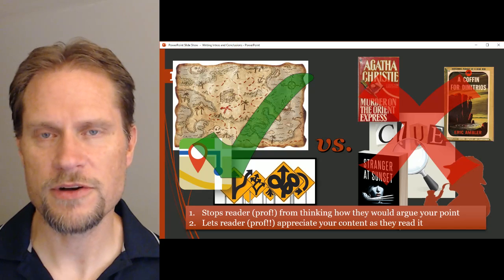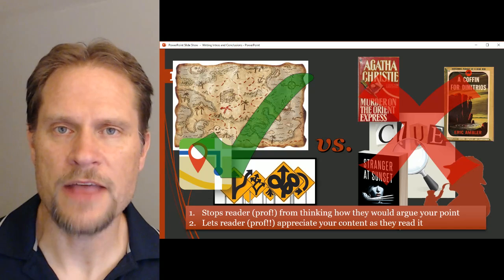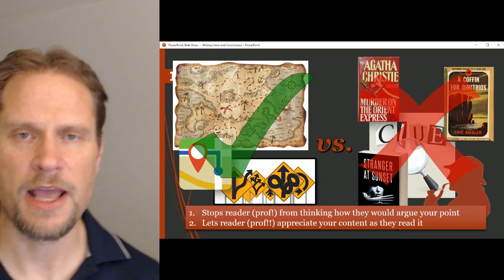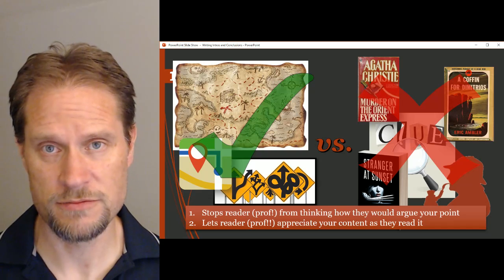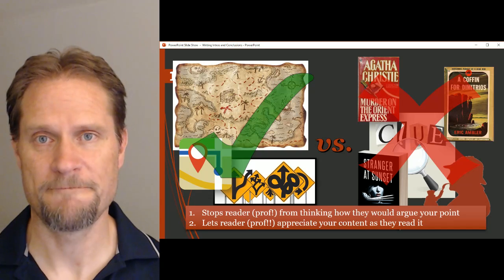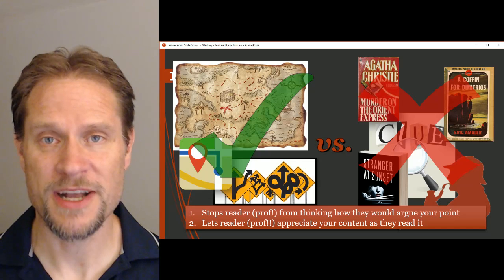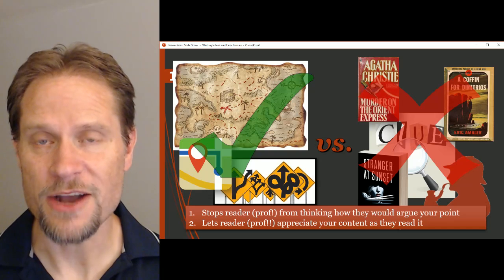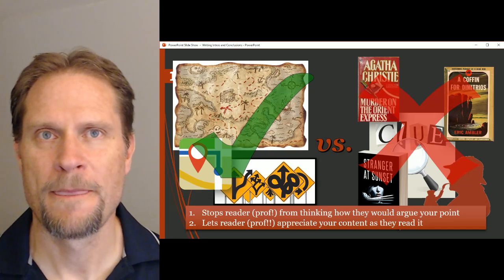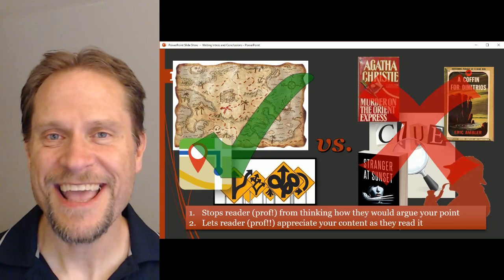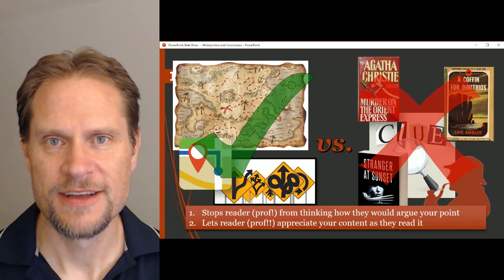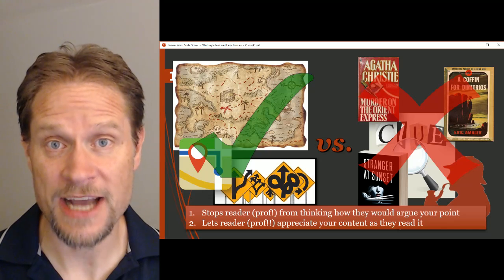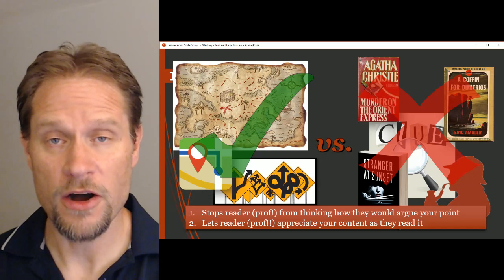They know the territory. They are going to look at your essay and, as a matter of course, it's just a reflex for a prof to anticipate: if I was making this argument, how would I make it? And that's bad news for you because the prof knows this stuff way better than you. So their answer to that question, how would I argue this, is going to be better than yours. And so what we need to do is stop them from thinking that so much. Stop them from being such an active reader and trying to jump ahead of where you're going to go,